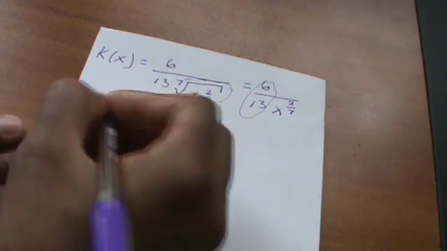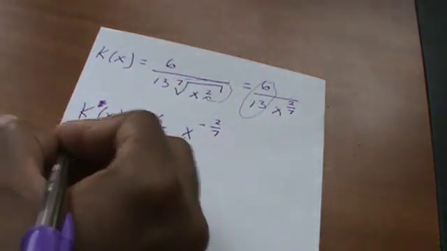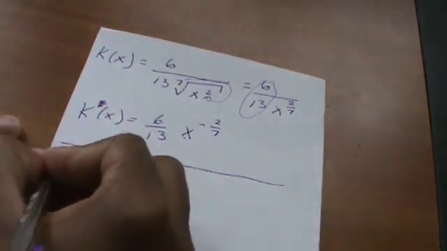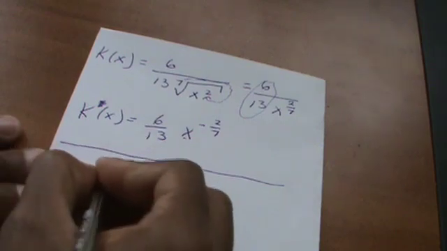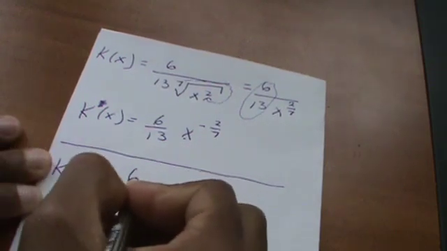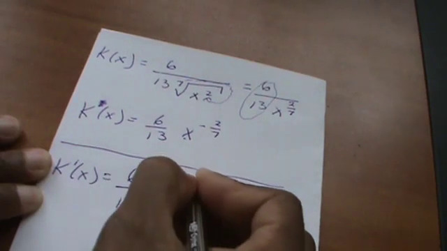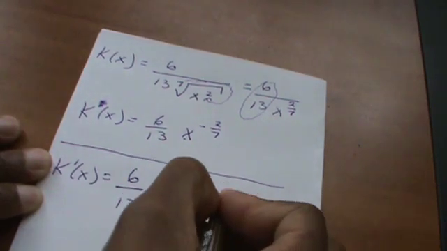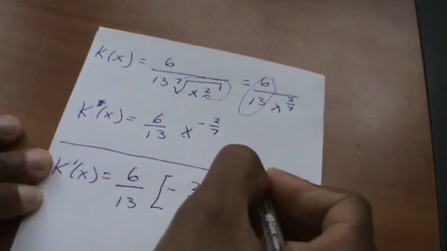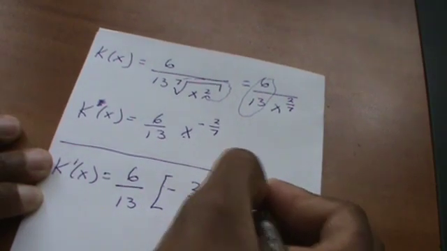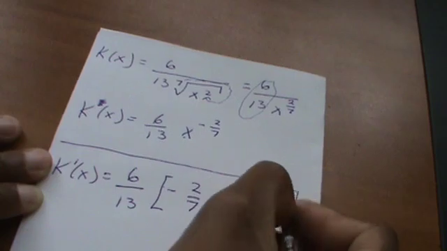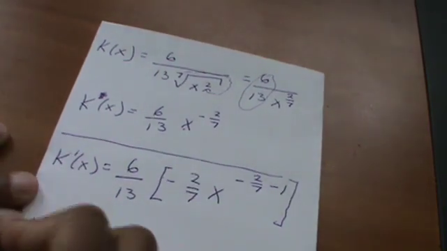All I'm doing is a series of rewrites. So now I'm ready for the derivative. k prime of x equals 6/13. And now I'm going to do negative 2/7, x to the negative 2/7 minus 1. So now k prime of x